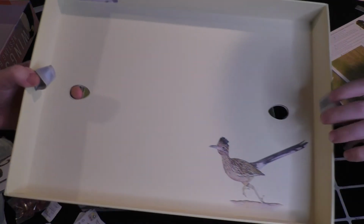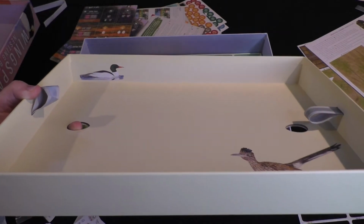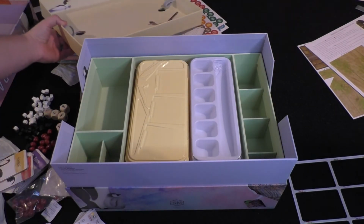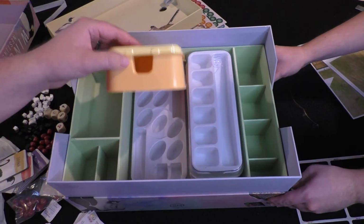That is pretty cool. So we got the Roadrunner there and some sort of duck. I don't think it's something. I don't know. I was thinking it was a mallard at first, but I don't think it is quite a mallard. But then we actually have...